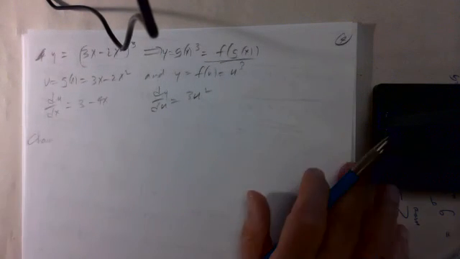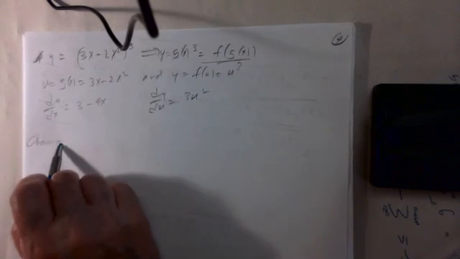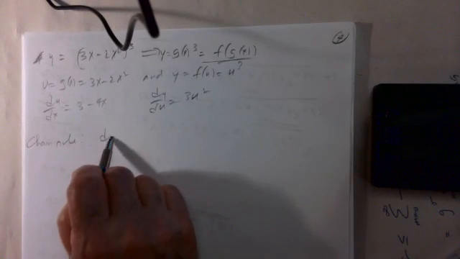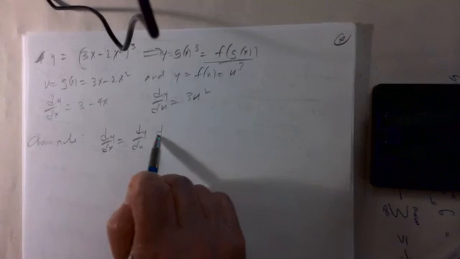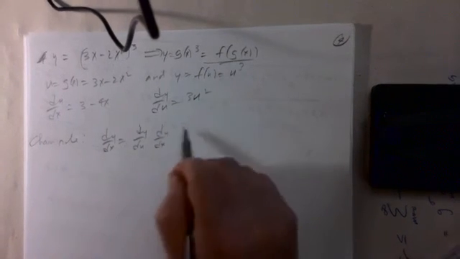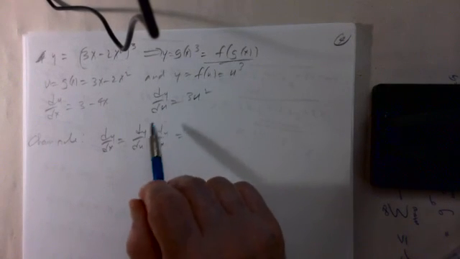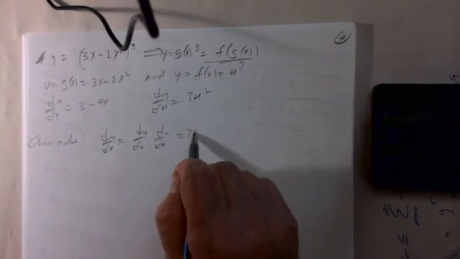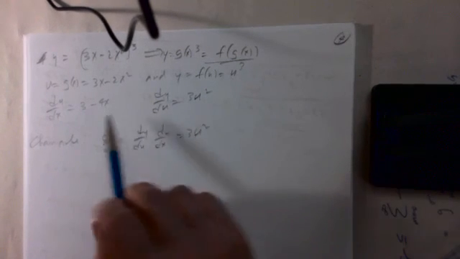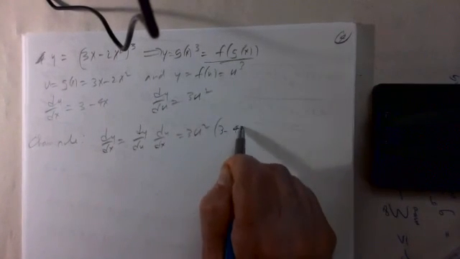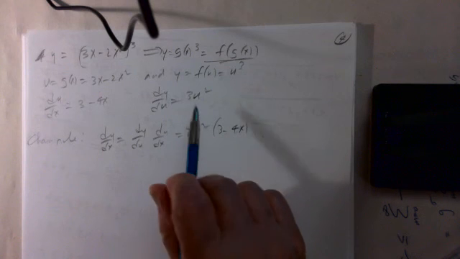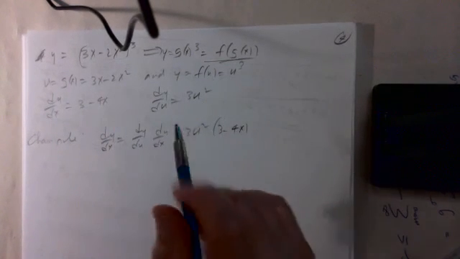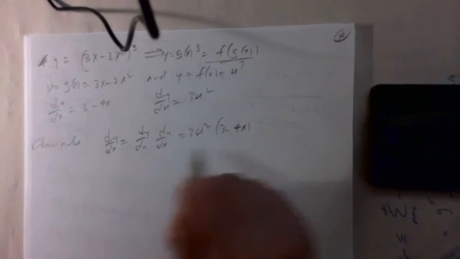So by the chain rule, dy/dx is dy/du times du/dx. dy/du is 3u squared. du/dx is 3 minus 4x. What was u? 3x minus 2x squared. So this is